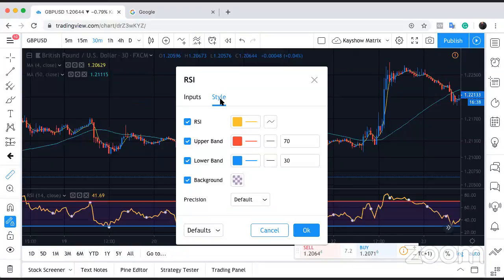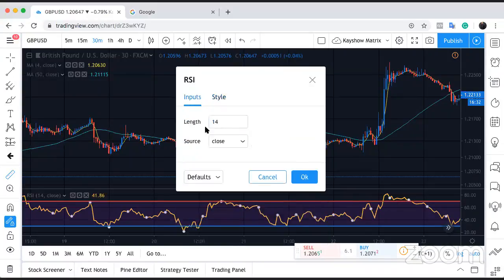So this is your style, the RSI, my upper band, my lower band, 70 and 30. My inputs, the length is 14, and the source is close. So if I click OK,